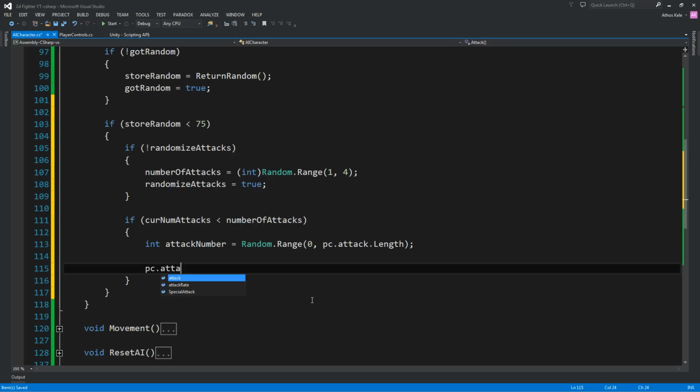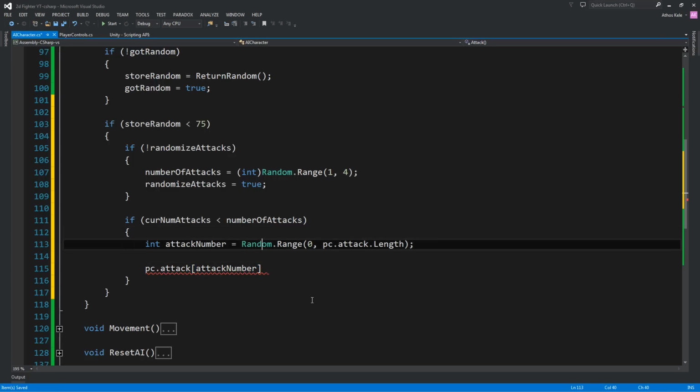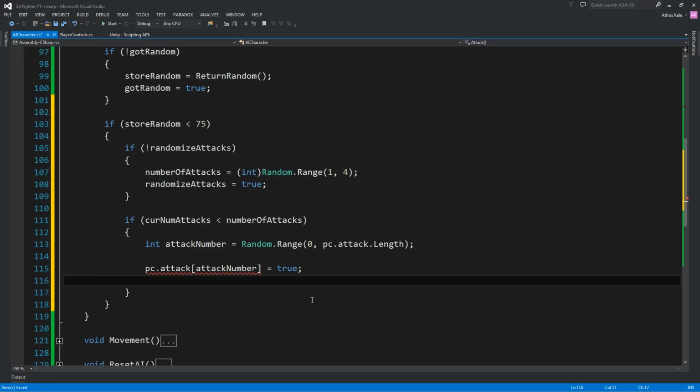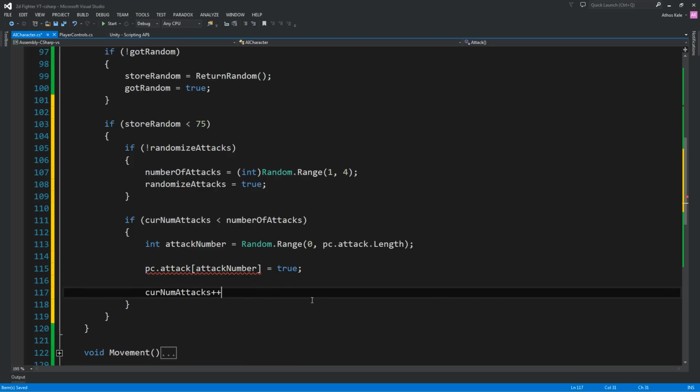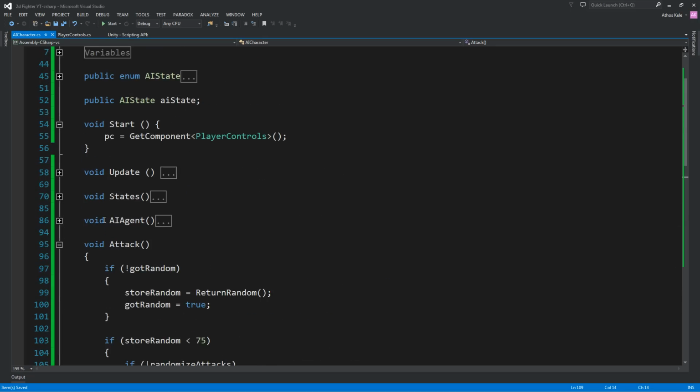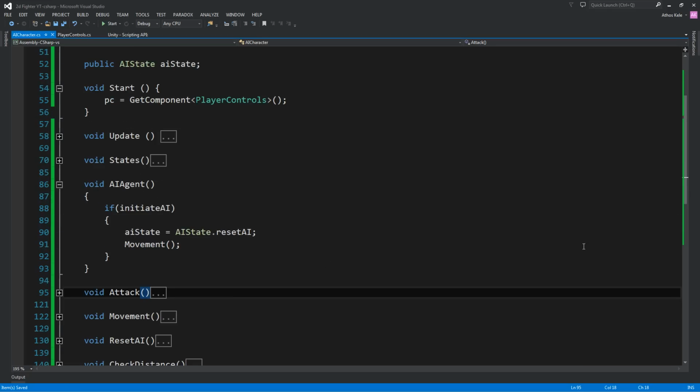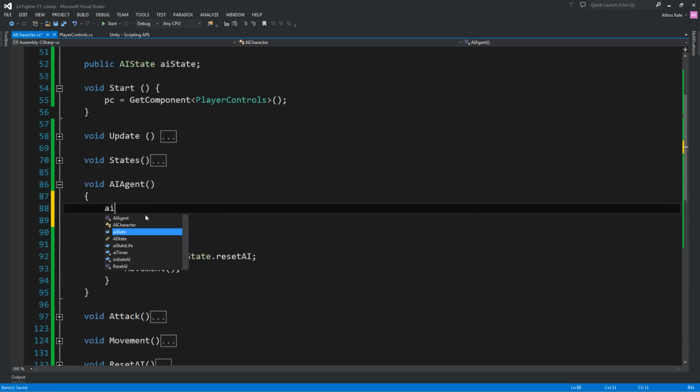So we will say choose an attack, randomly choose an attack from inside our array of attacks, and then attack. And of course we need to increment the current number of attacks so that we do not attack all the time. So now that we have a movement and an attack, let's go back into our AI agent and let's start doing the same thing. So AI state,